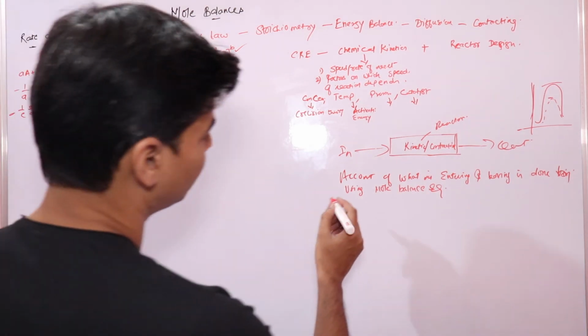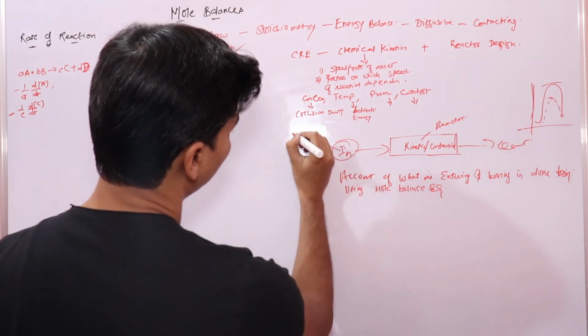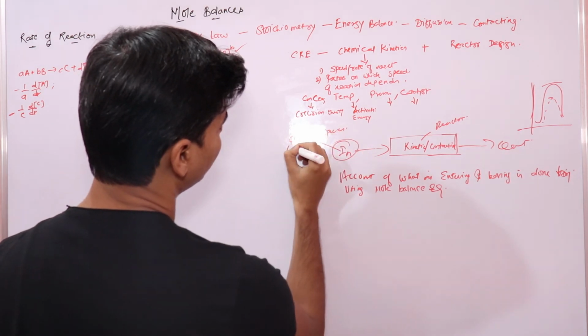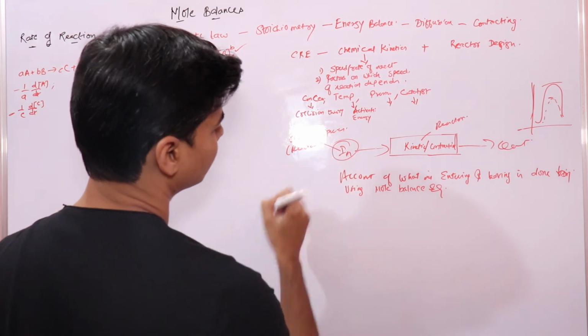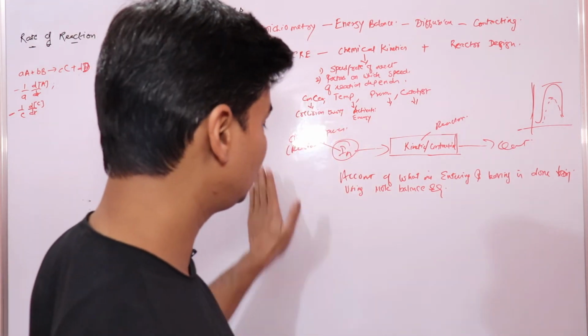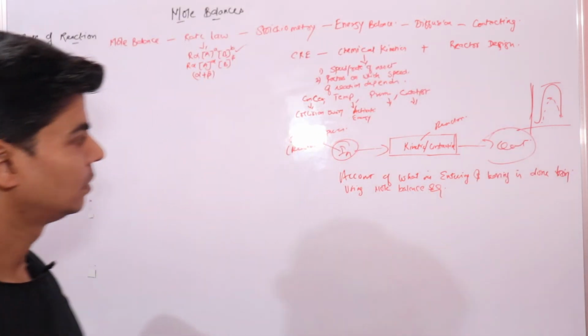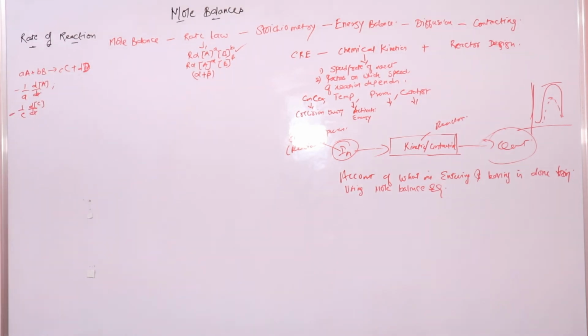When we say in, what is going in is your chemical species, which are nothing but reactants, right? You need to have an account of this. You need to have an account of chemical species leaving the system, right? This is what mole balance will majorly tell you, right? What is coming in, what is going out, and what is happening to these chemical species in the reactor, right? What that means is the rate of generation by chemical reaction within the system.